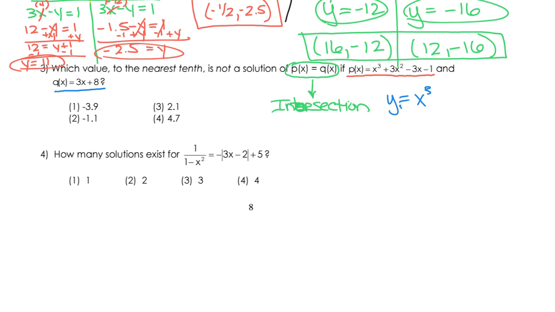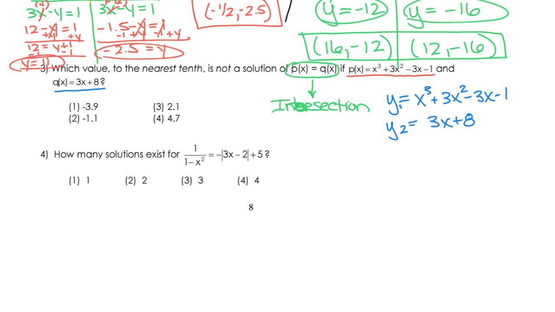So we can put this in y1 in our calculator. Type carefully, okay, make sure everything's there. And in y2, we're going to go ahead and put the q of x equation, which is 3x plus 8. Okay, and we're going to hit graph. When you hit graph, you do see for the most part a lot of the two equations. However, if you can see the first intersection point, you can see the second intersection point. What you have to use is your brain and realize that there is a third intersection point that you cannot